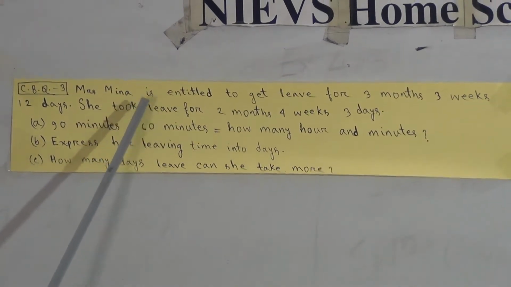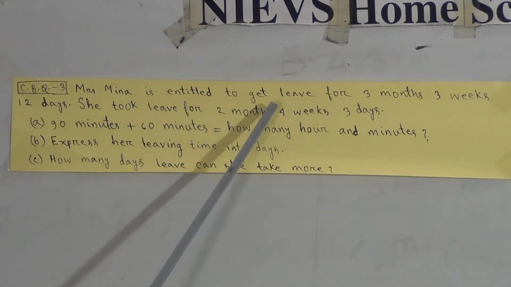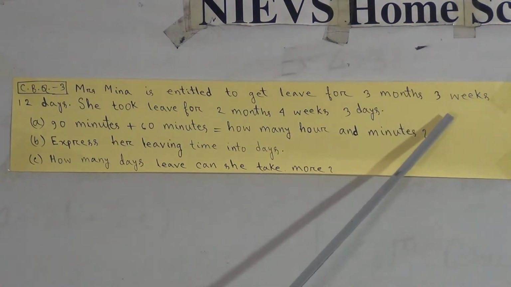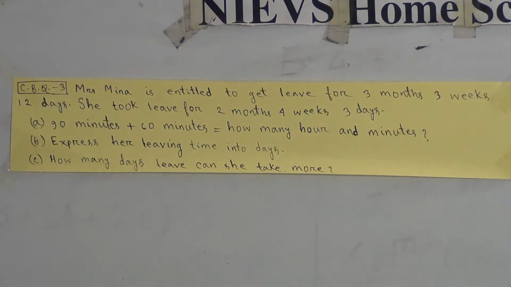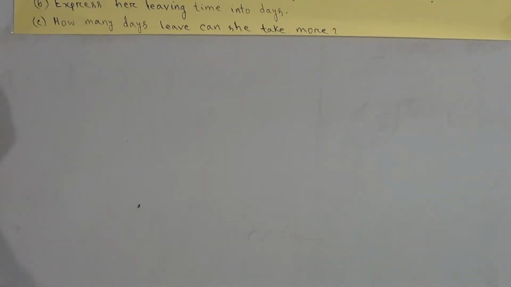Mrs. Meena is entitled to get leave for 3 months, 3 weeks, 12 days. She took leave for 2 months, 4 weeks, 3 days. A number question: how many hours and minutes are 90 minutes plus 60 minutes? B number question: express her leaving time into days. C number question: how many days of leave can she take more? Okay, now we'll solve. A number: